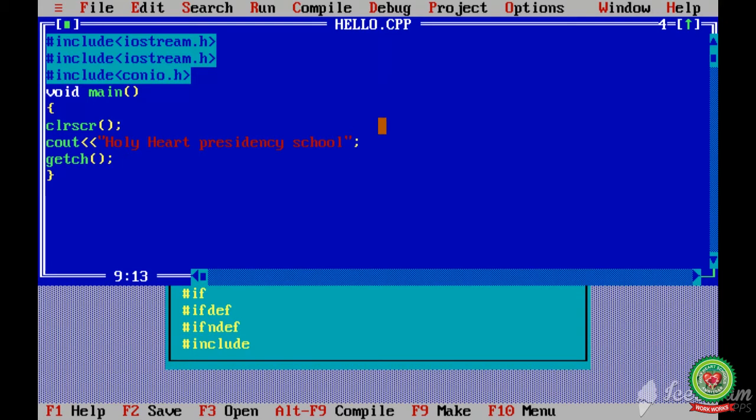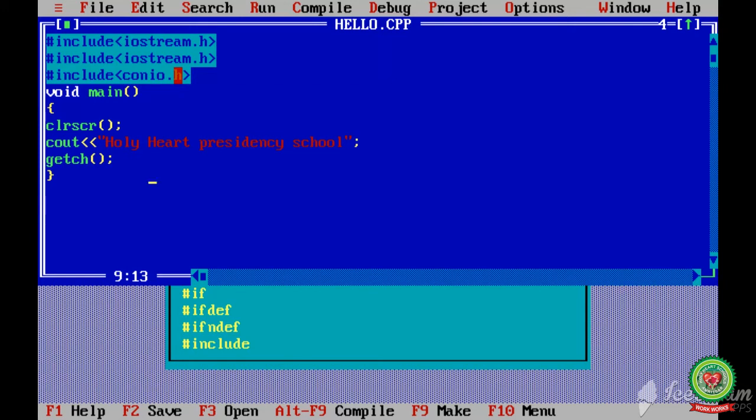The object code provided by the compiler has to be linked with the system library. For this purpose, linker software is used to create the executable file. And the extension of the executable file is .exe.